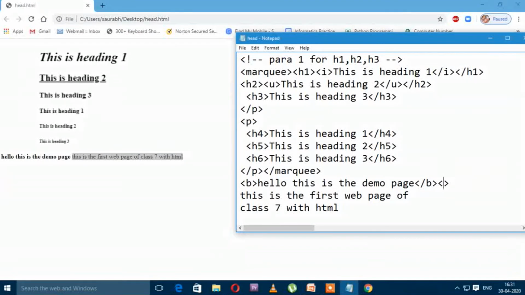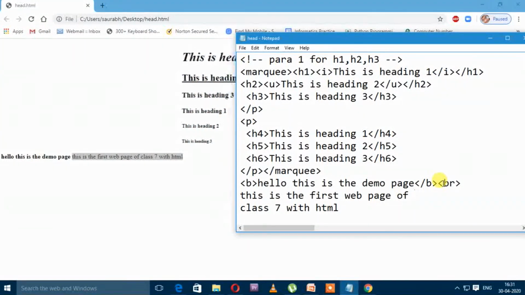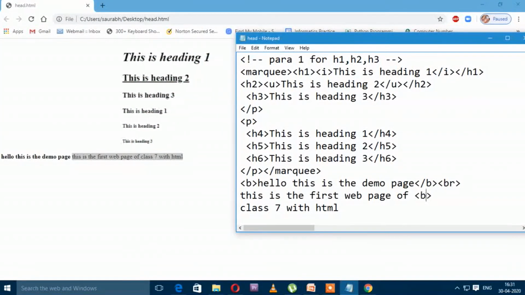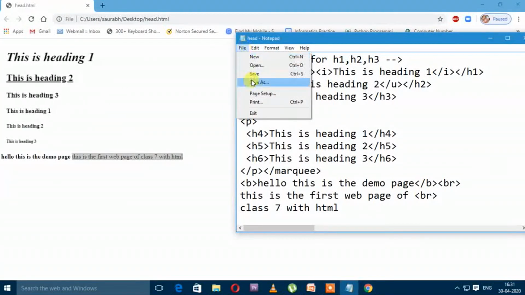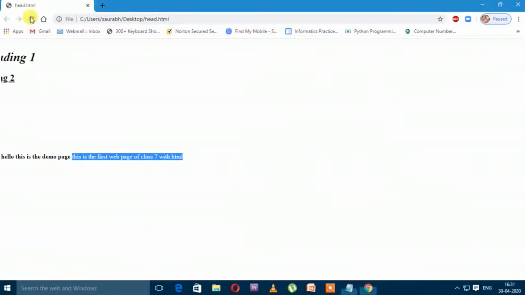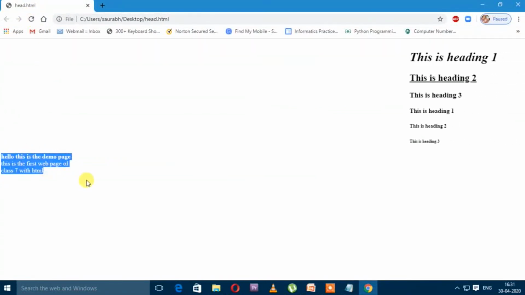Okay, it is not the compulsion to put the slash before BR tag. If you put BR only, then also it will break the row. Look at here, as I am applying only BR, then file, save, refresh. So look at here, now the whole text came in new line.